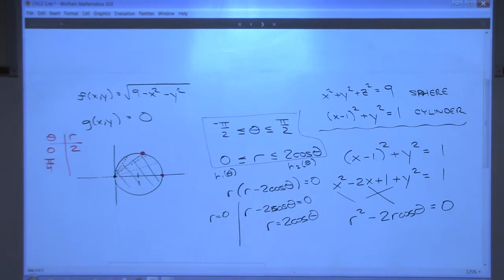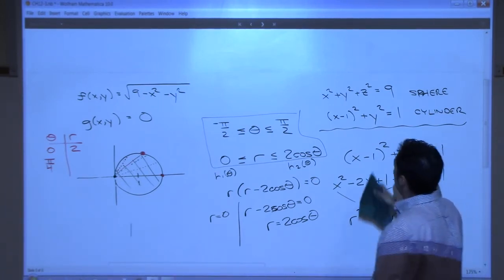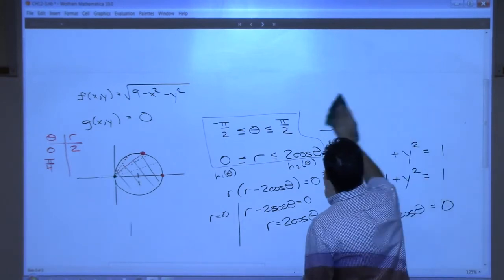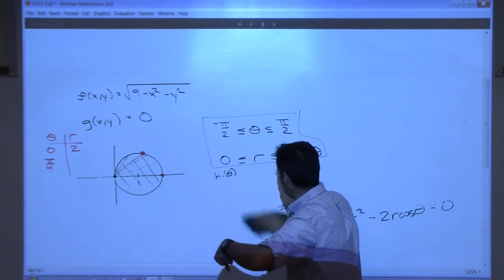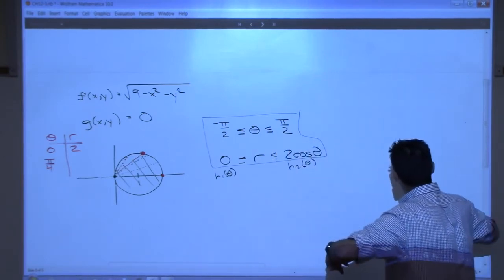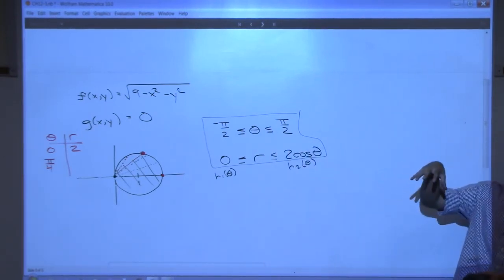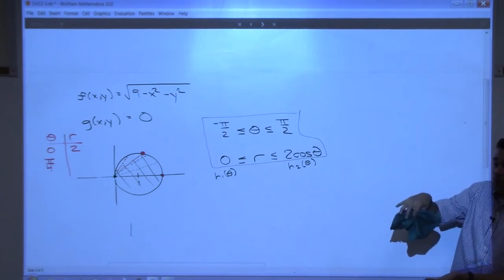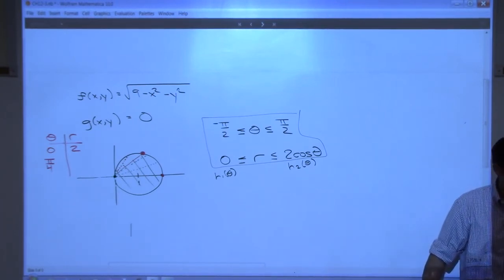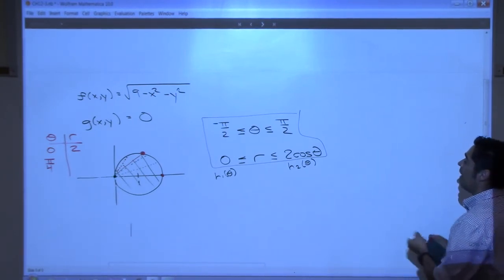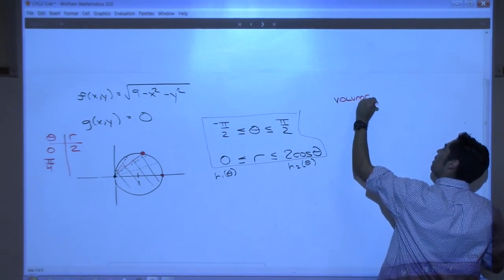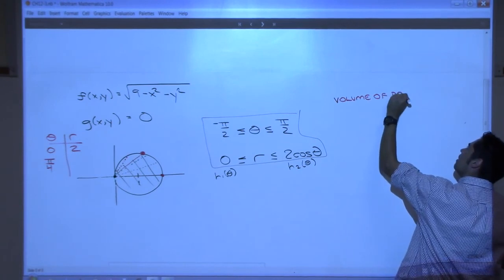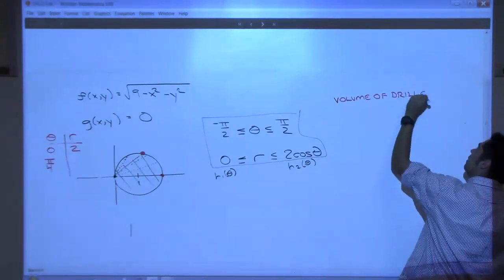All right, now double integral time. What we were going to do is find the volume of the part that was drilled out. And so we decided to take a look at the top cap being the sphere and the bottom being the xy plane and then doubling the answer, right? So the part that we're drilling out, and I'm going to make sure I'm clear on this, the volume of drilled out